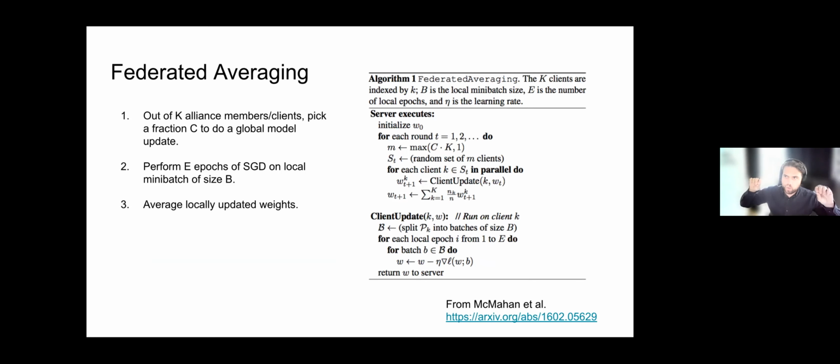The model has some parameters. So in the case of neural networks, these are the weights in the network. So these are sent back to an aggregator, and then a weighted sum is computed, so that you essentially obtain the weights in the centralized model by averaging over all of these local models.